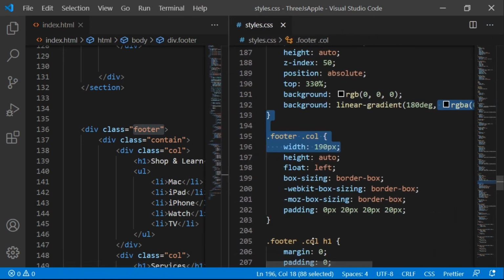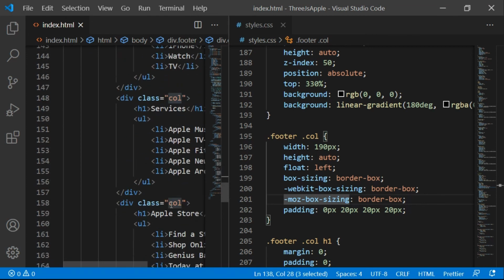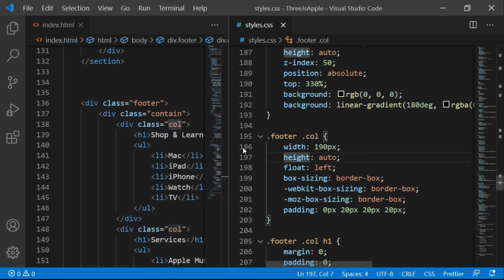We are targeting each and every column here, that is all the 5 columns. Width will be 190, height will be auto, float will be left, box sizing will be border box, WebKit box sizing will be border box, and that is the same. Padding will be 0, 20, 20, 20.